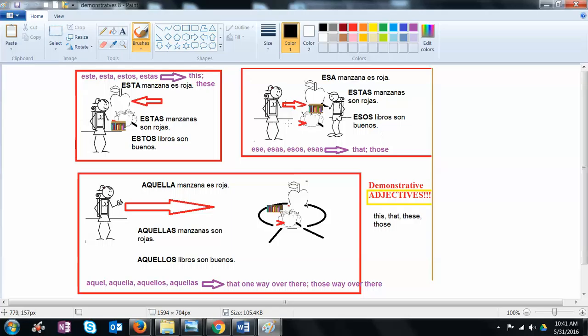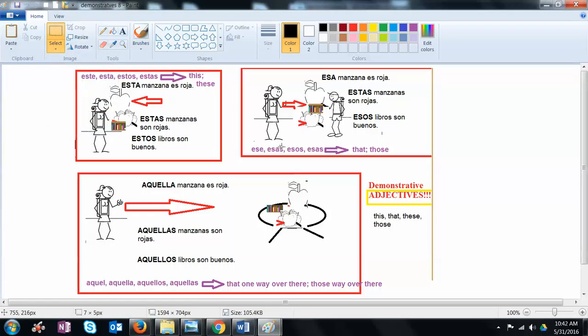Okay, now let's say all of these items are in our friend's hands. We're the one talking. The girl is always the one doing the talking. And she's talking about the apple that is in, let's say she's Maria and he's Javier. Maria is talking about the apples that are in Javier's hand. So if she wants to say that apple is red, meaning the one in Javier's hand, she's going to use esa. Because when we talk about that and those, we're using ese,